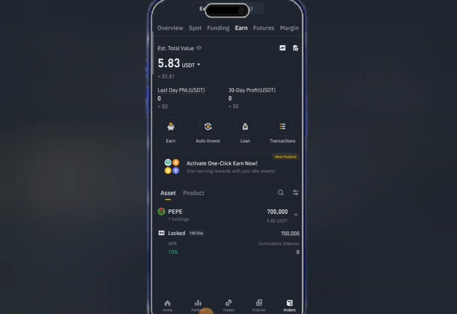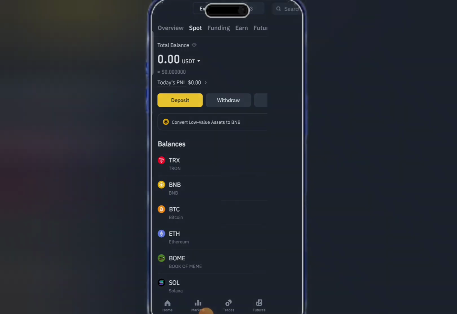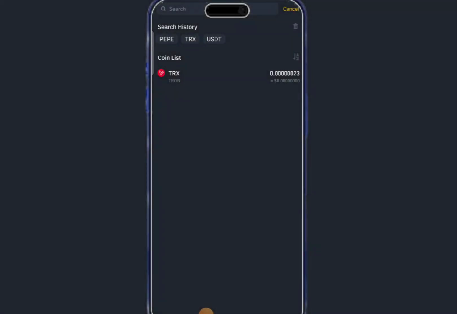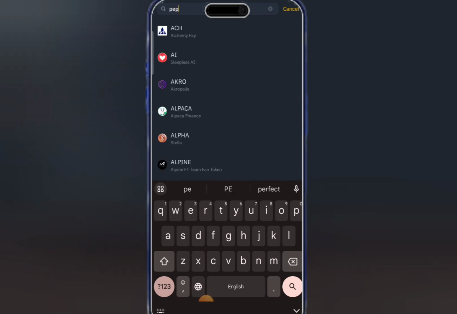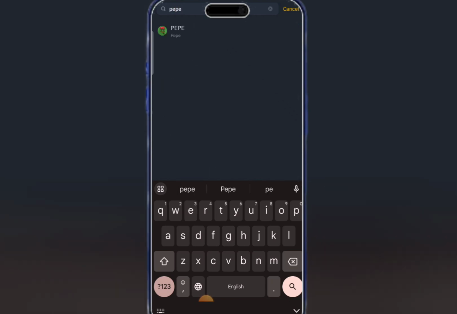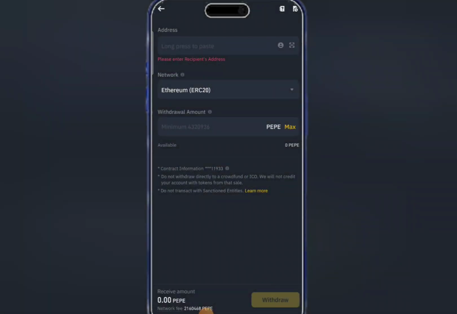What are the next things to do? The next thing, how to withdraw, right? How to withdraw is very simple. If you look at the feature up there, you see spot. You click on spot, then it will take you to this place. The next thing to do is to click on withdraw. After clicking on withdraw, it takes you to the withdrawal portal. Then you are going to search for PEP, which is PEPE. You search for PEP, it will come. This is the coin. Then you click on it and enter your wallet address. You understand? Depending on where you want to withdraw to for exchange.